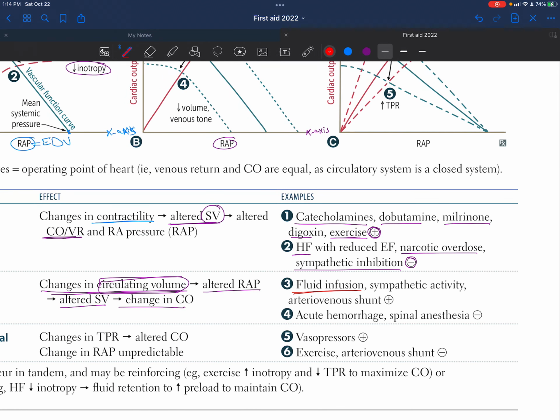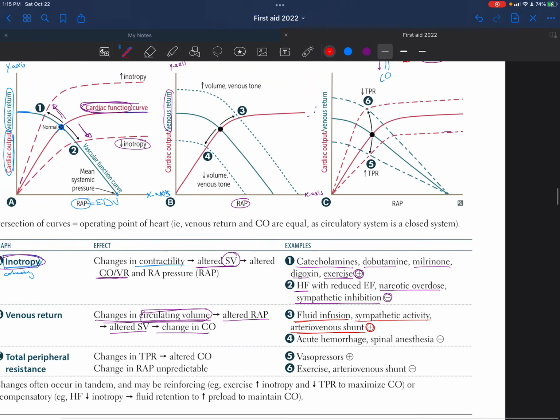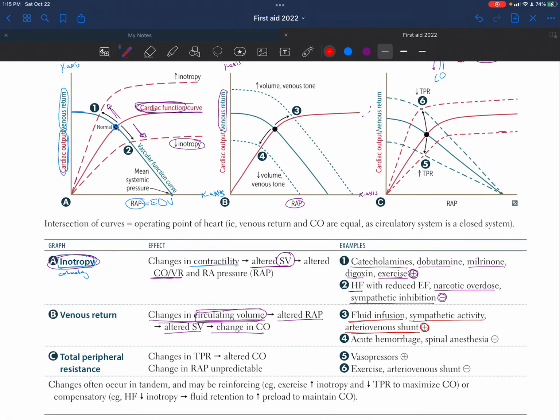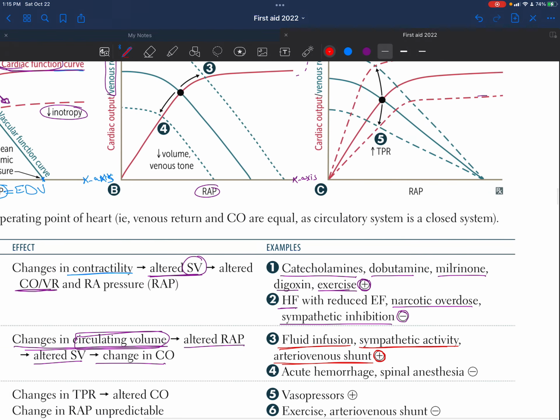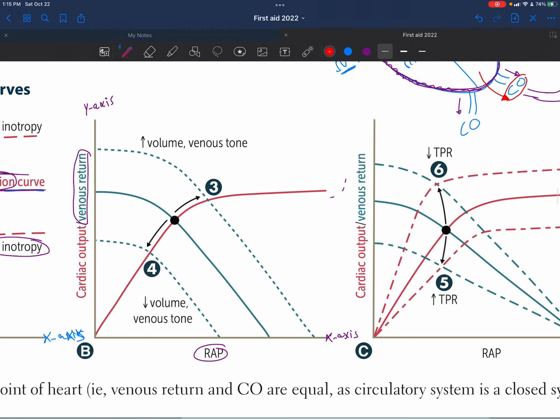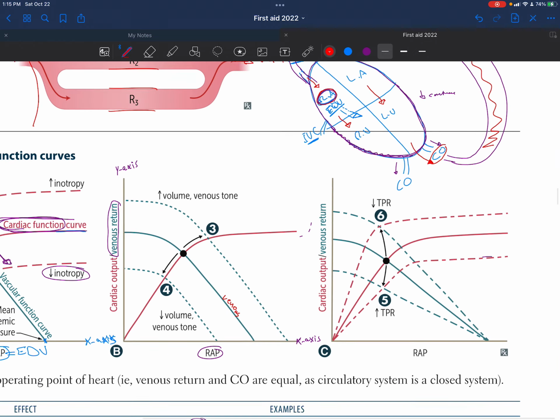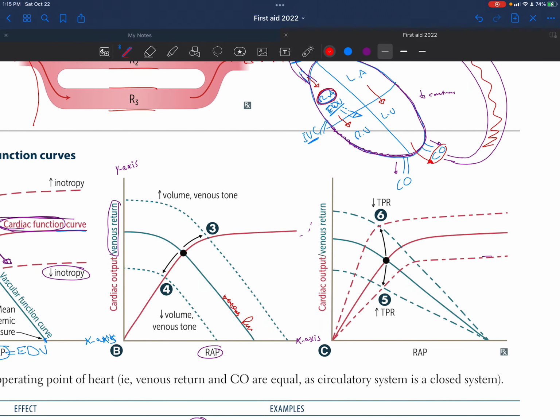So if we have a fluid infusion, if there is a patient who is severely dehydrated, comes to the emergency department, and we try to give them IV fluid, or if we increase the sympathetic activity, or if someone has an arteriovenous shunt, all of these factors will increase the amount of blood in the veins, or they will increase the venous tone, as in sympathetic activity. That would lead the venous function curve